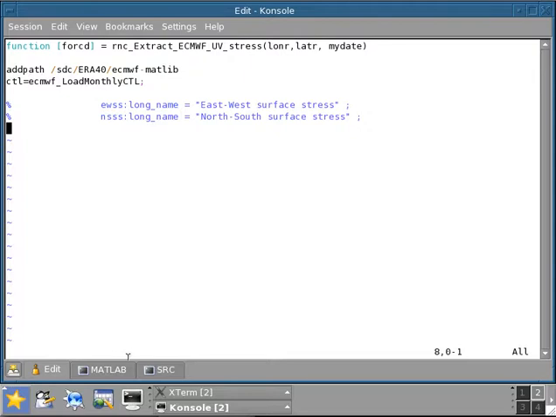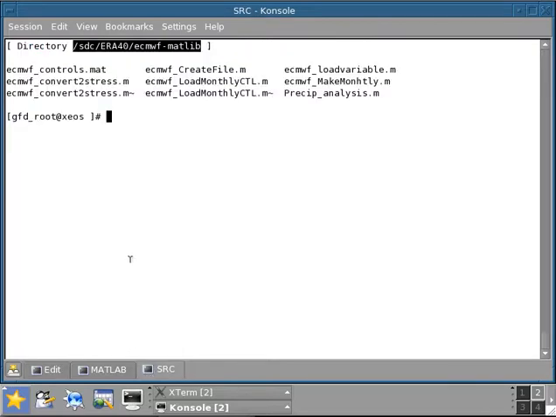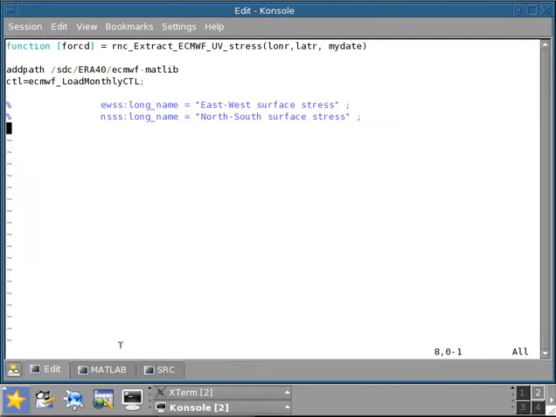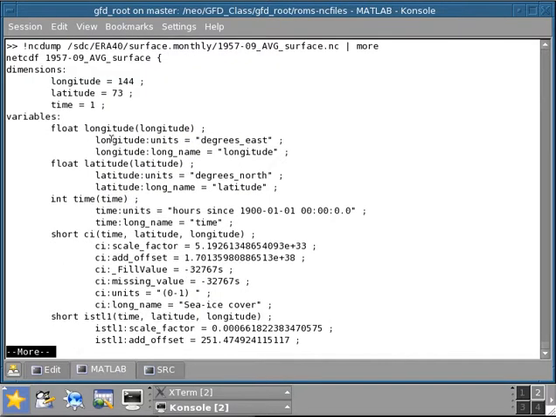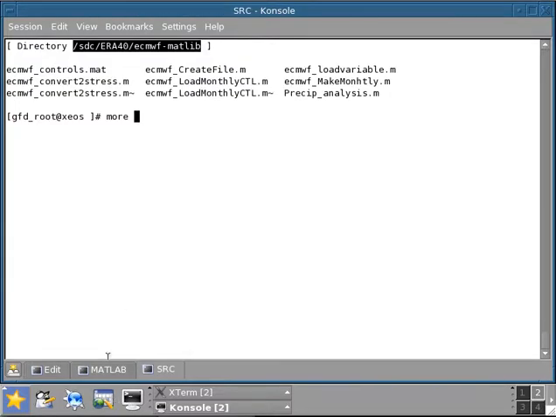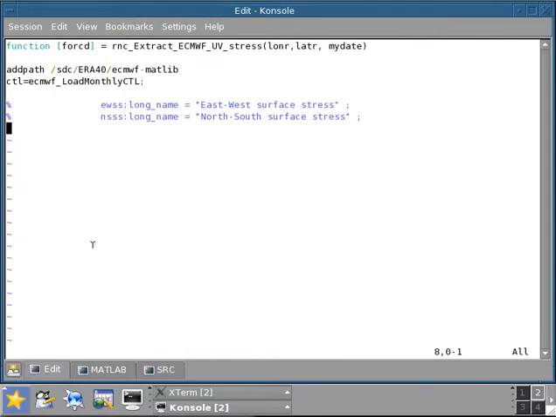So let's look at the grid information. For example, if we look in one of these files here, well, actually, let's go back here. Let's see in MATLAB if we have some information. So we have a longitude and a latitude here, which are contained in this thing, so I just have to load them. It's longitude and latitude, that's how they're called. So I'm going to go here in my MATLAB, edit, and I'm going to say,